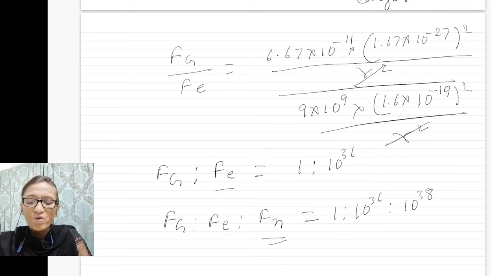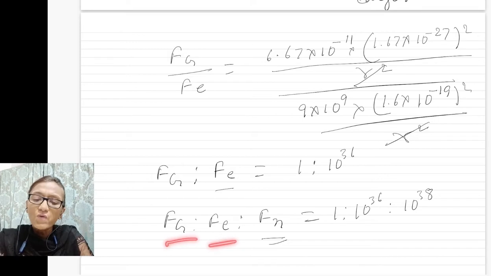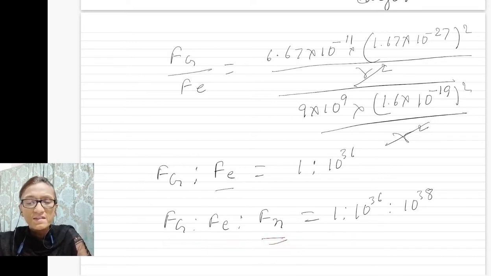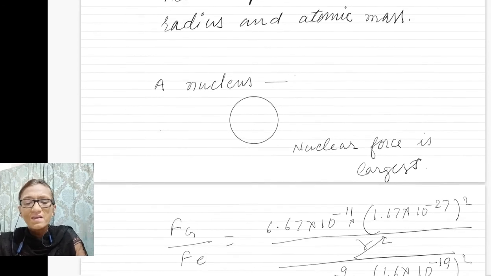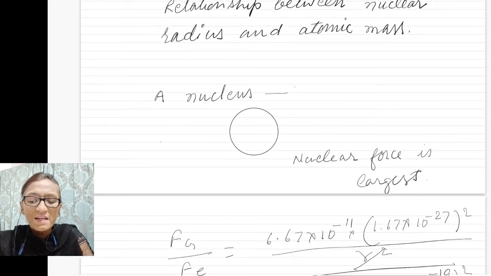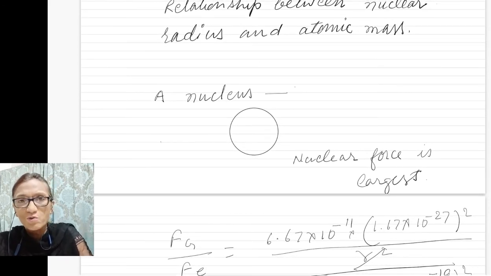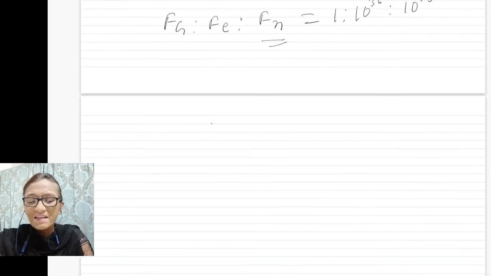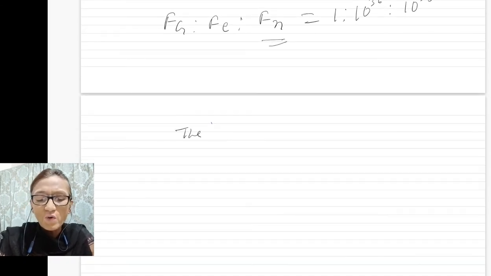This nuclear force is very strong, so the other forces compared to it are negligible. When negligible force acts on any nucleus, it should remain in spherical shape. So we assume that a nucleus is of spherical shape, and it is found that the radius